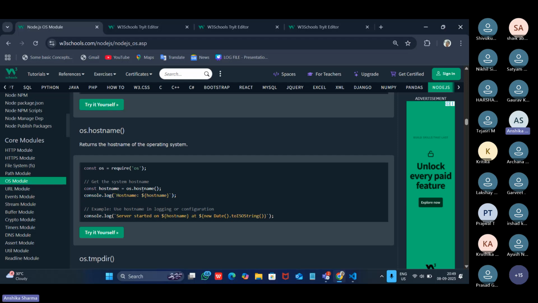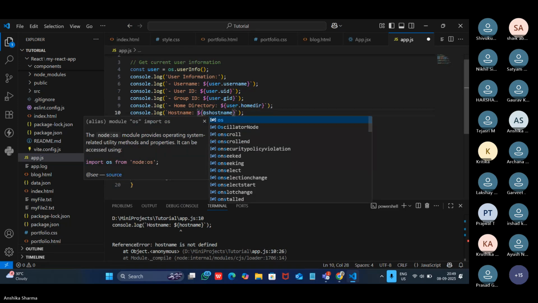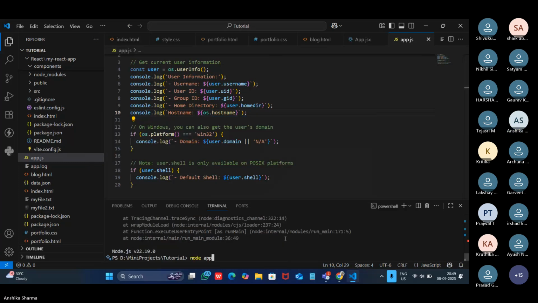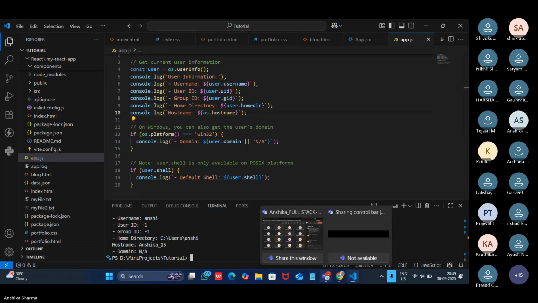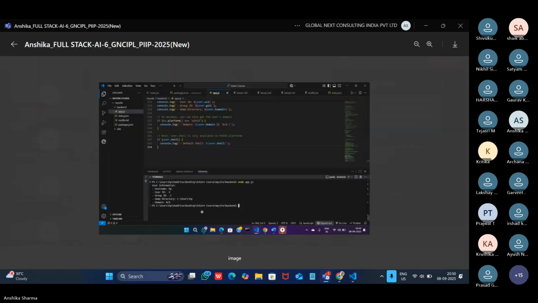So we have to use this os.hostname over here. Now it should run. Yes, I am getting the host name as my particular name, which I am currently using. Home directory, good job.